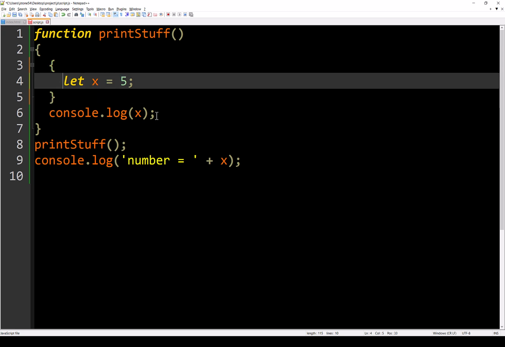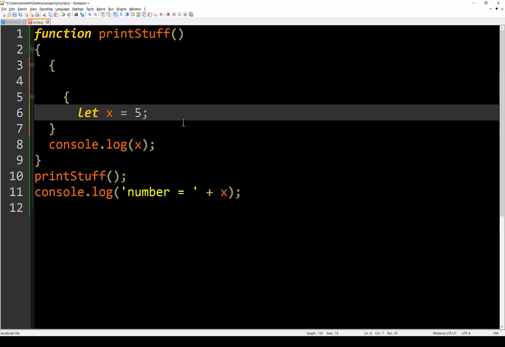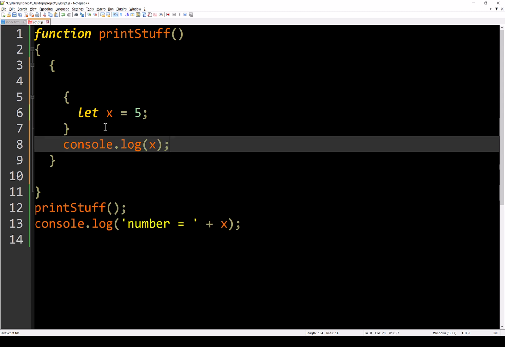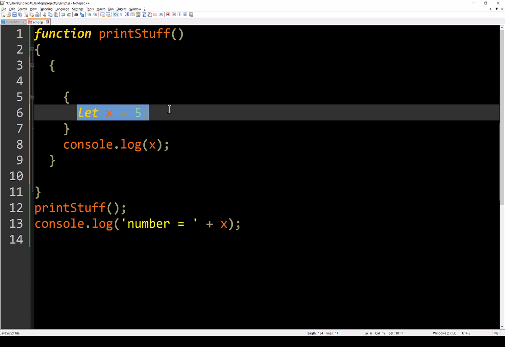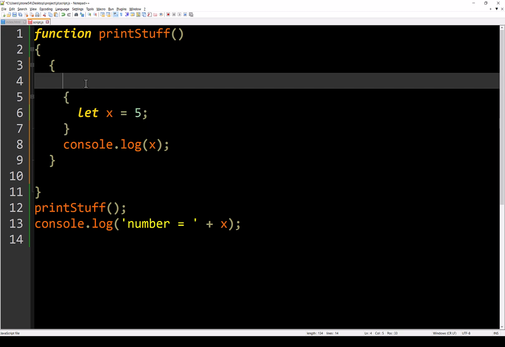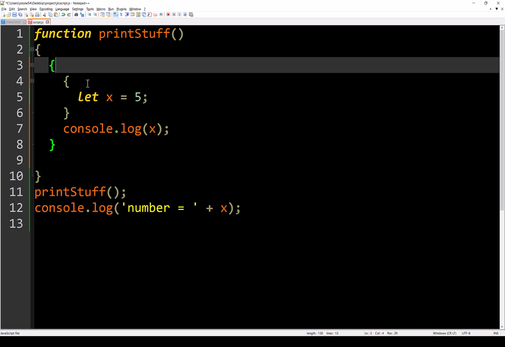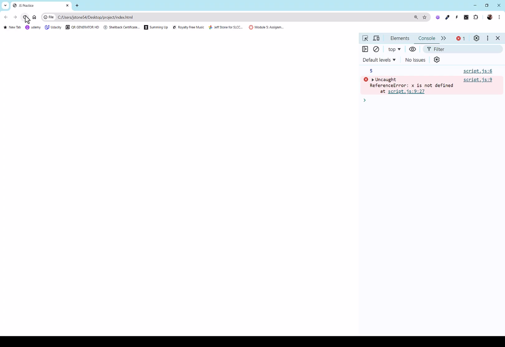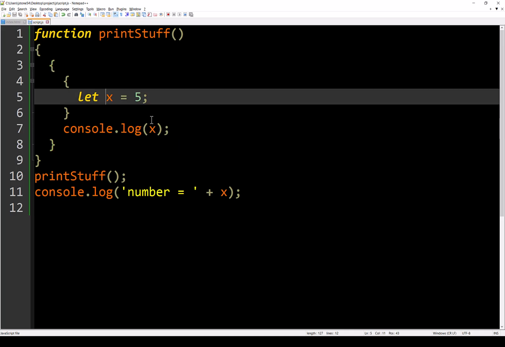So in other words, if I had another set of curly braces in here, this console X is not even available here, because this is the parent. This line 6, its parent is the 5 and 7 braces, and then its grandparent is the line 3 and 8 braces, and its great grandparent is the line 2 and 9 braces. So you'll see we're going to still get this error here. Refresh, and we still get that error on line 7 is not defined. That's going to be the same thing if we were to use const here.